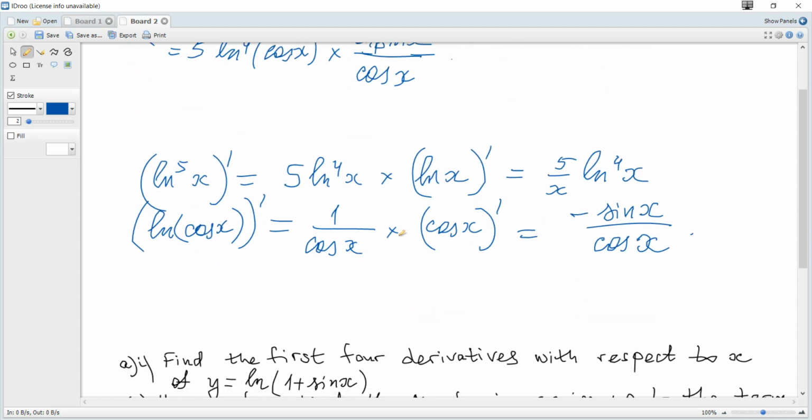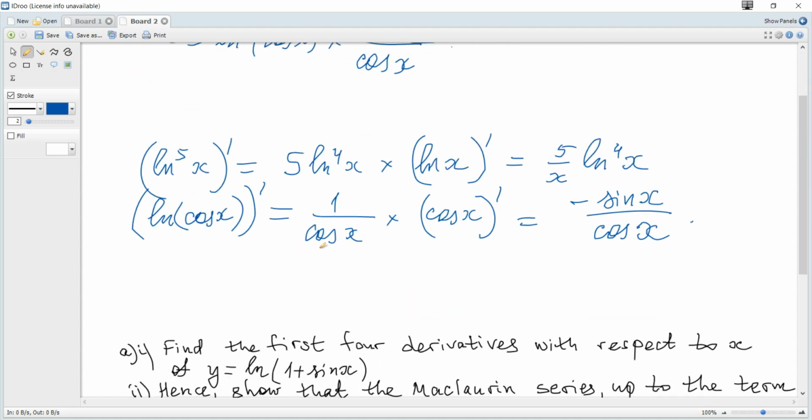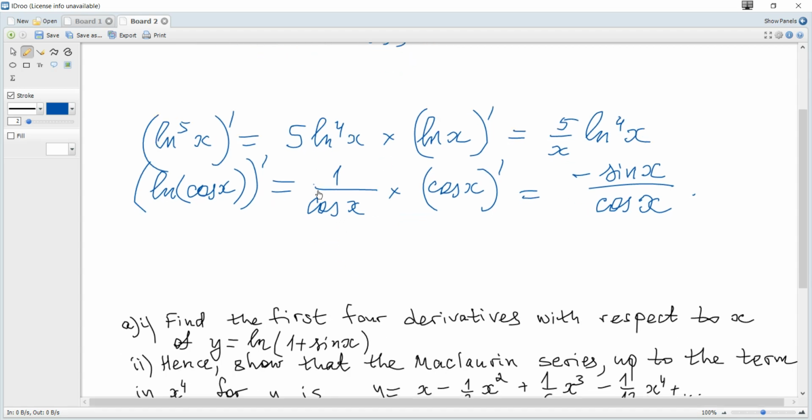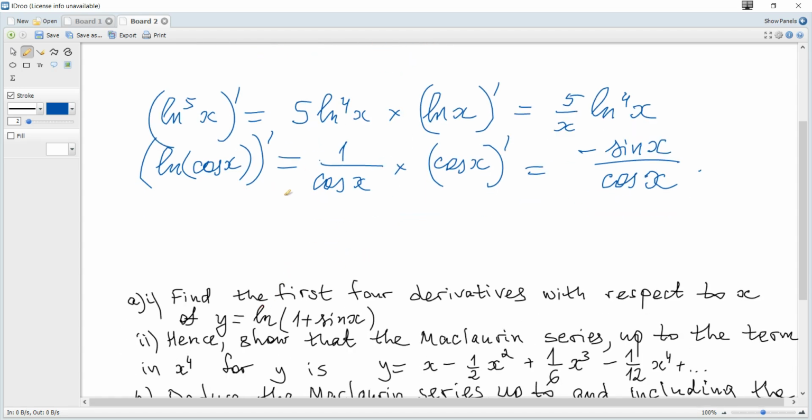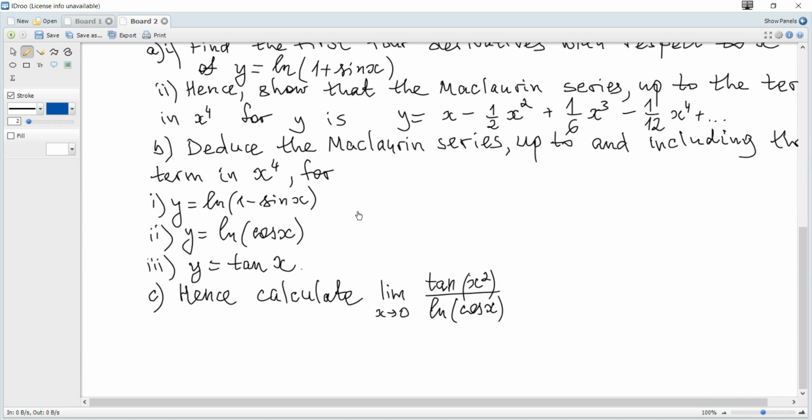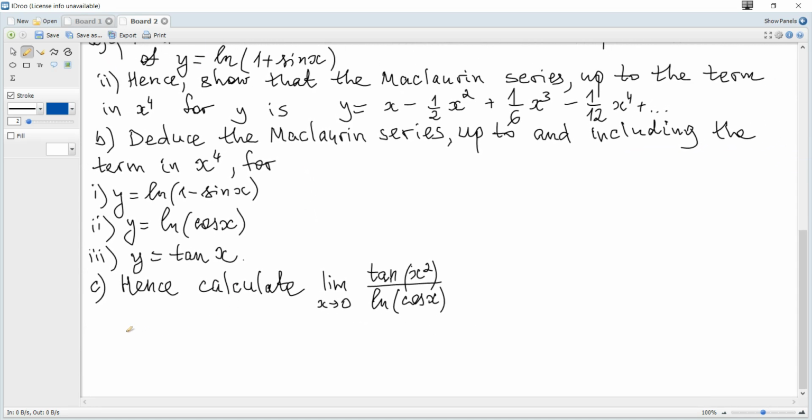So we can see y is ln of 1 plus sine x, and the first derivative becomes, we can see that there is no power, so it becomes 1 over 1 plus sine multiplied by 1 plus sine derivative, which is just cosine, so it becomes cosine